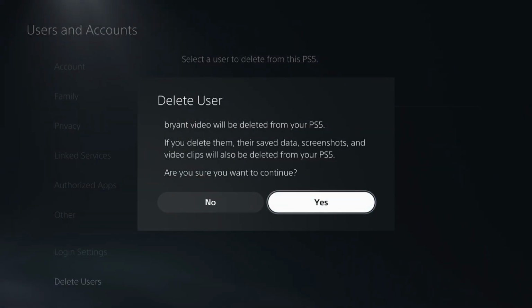Now, here are important things to know. This will delete all local data for that user, including saved games, screenshots, and video clips. Games purchased digitally will not be deleted from the console, but the deleted user will no longer have access to them. And if the user had PS Plus cloud saves, those remain online under that PSN account. And remember, a PSN account is different from a PlayStation user. To remove a PSN account, that is a whole separate process, but this is going to remove a